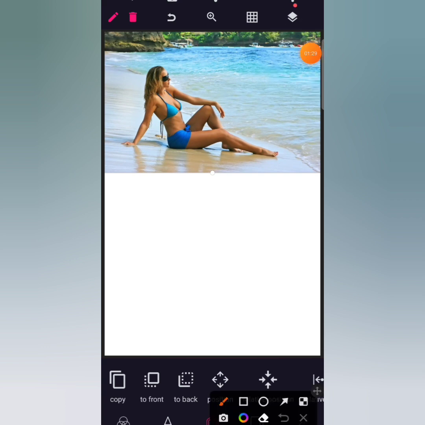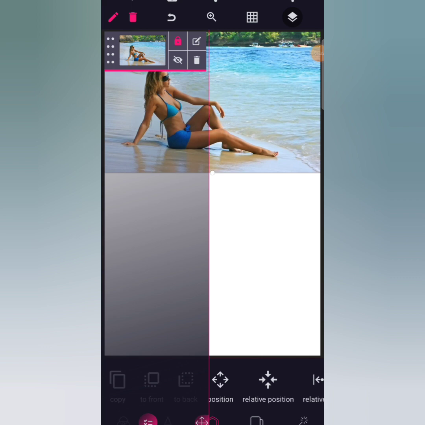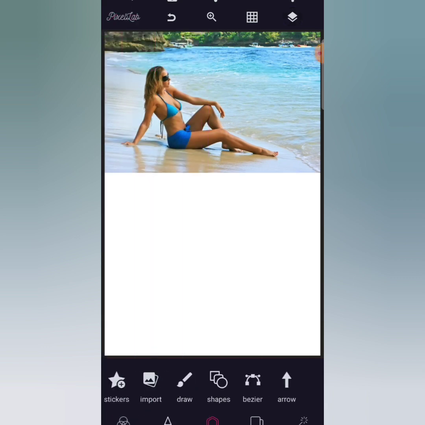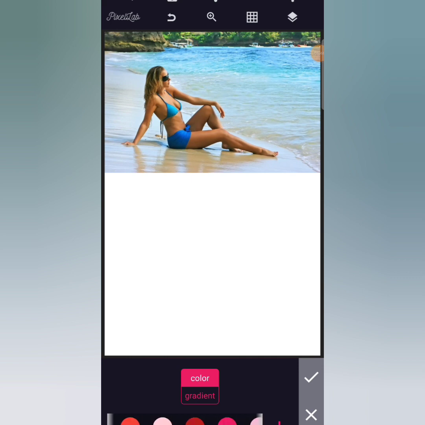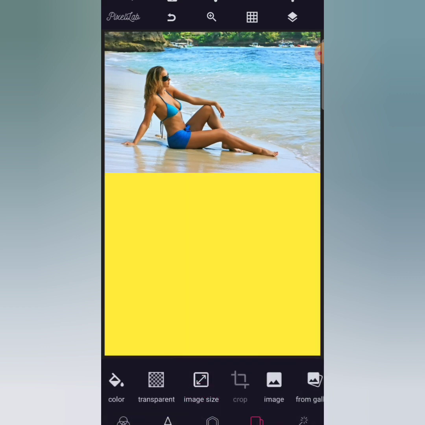Come to layer option up here, click on it, then lock it so that it doesn't disturb when we are doing other things. Straight away go to your background, click on it. Let's give this background color a yellow so that we can see what we are going to do. Later in the design we are going to change it. So once you are done with that, click back here,